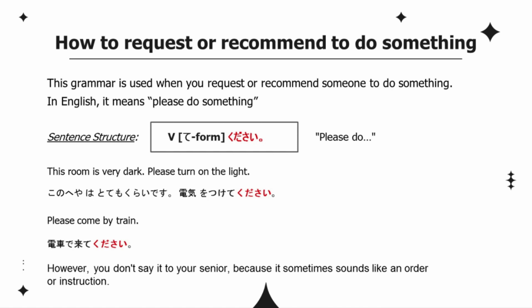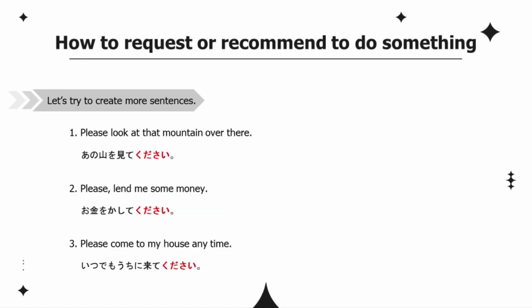This room is very dark. Please turn on the light. この部屋はとても暗いです。電気をつけてください。 Please come by train. 電車で来てください。あの山を見てください。お金を貸してください。いつでもうちに来てください。